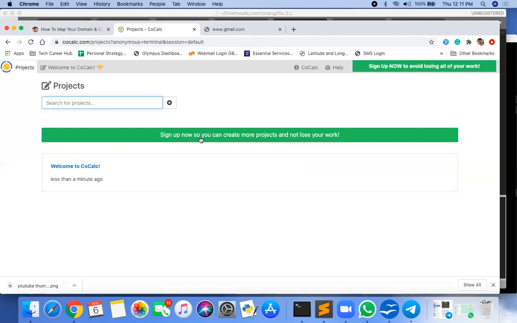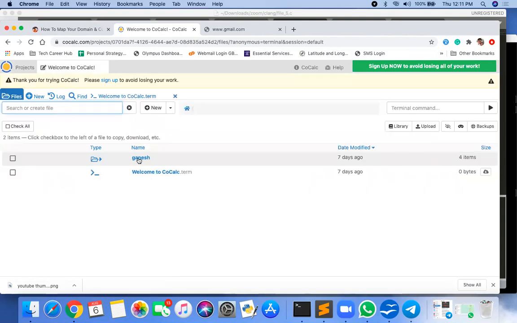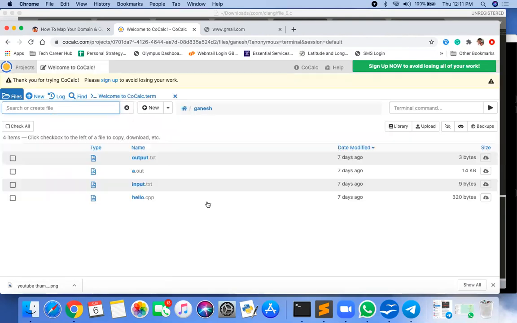You need to sign up there. All the projects will be saved there. Yes, here, Ganesh. So these things we have done earlier: a.out, input.txt, hello.cpp.